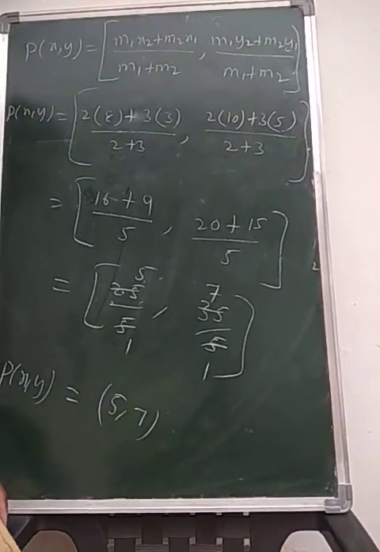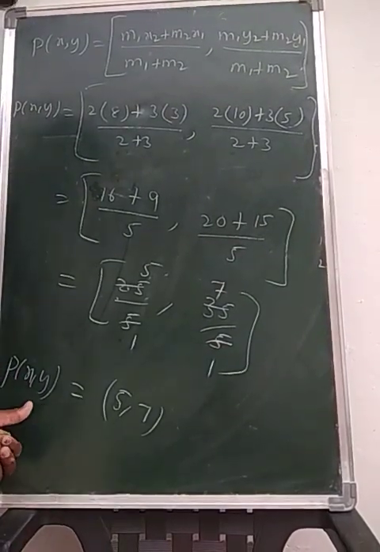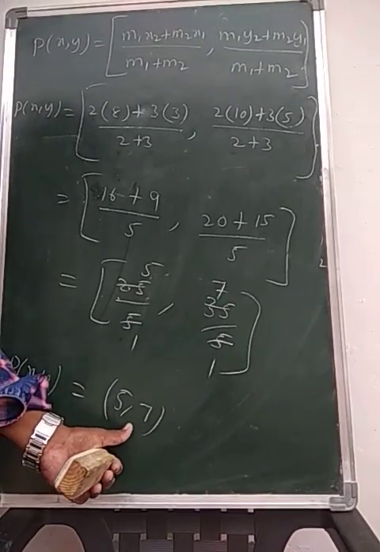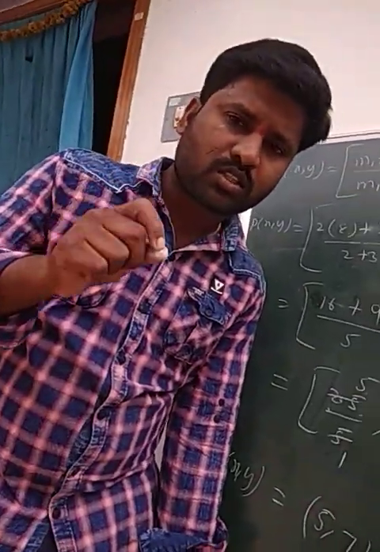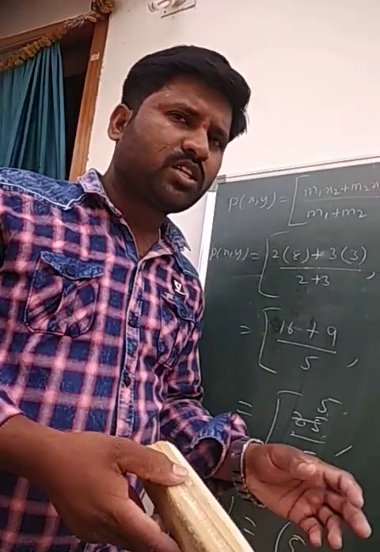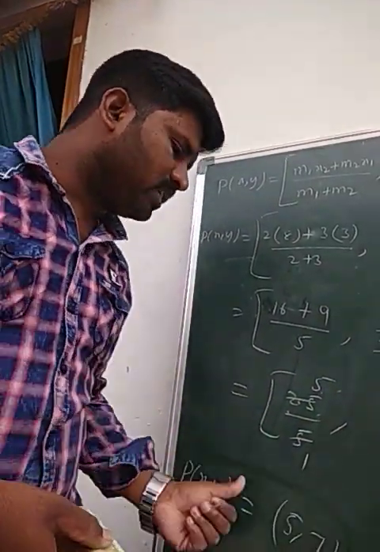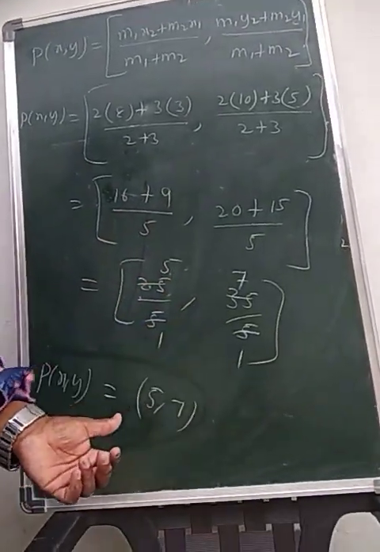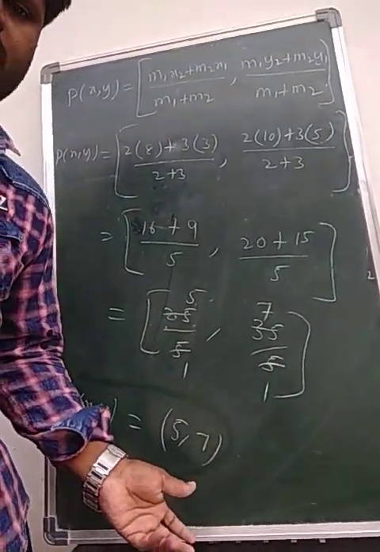Okay now students, the point P, that is the point (5, 7), divides the line segment AB in the ratio 2:3. So the same problem we can change: if you know the point, then how to find the ratio. Just now the ratio was given and we found the required point. Now the point is given, then how to find the ratio? So then see,